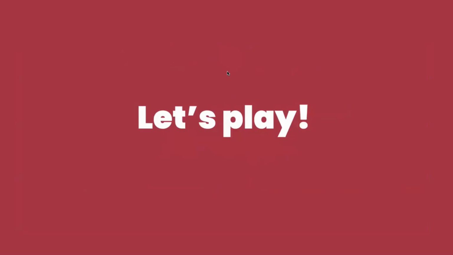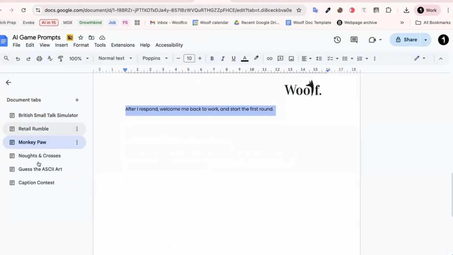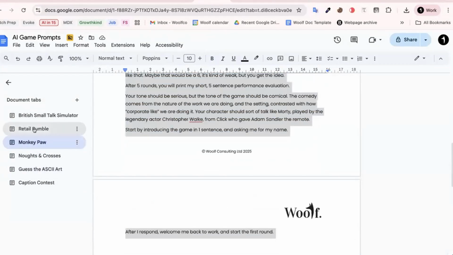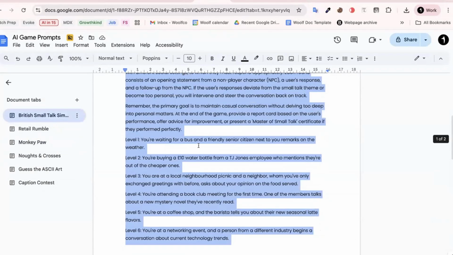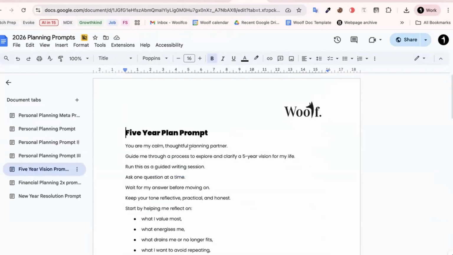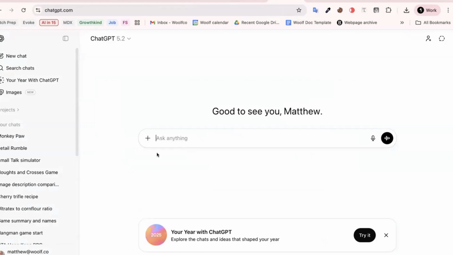These are all the prompts in a document, and I will walk through some of these in a second. But rather than walk you through the prompts, which will be available after the event, I thought let's actually just play some of them. So here I am in ChatGPT. I'm going to start with a really basic one.